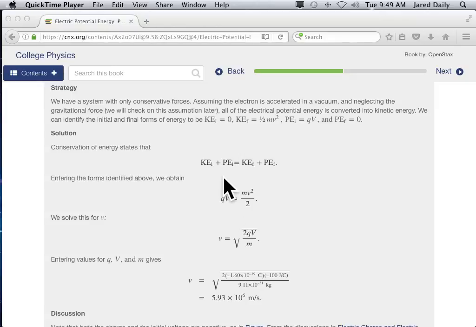Right? And then the kinetic energy stays the same. It's the mass of your charged particle times velocity squared over 2, the 1/2 mv squared. You can rearrange this equation and actually solve for the velocity of the particles that travel through a potential, so that you get the square root of 2 times the charge times the voltage divided by the mass of the particle. And for an electron, in this case, an electron that's going through a voltage of 100 volts, it turns out